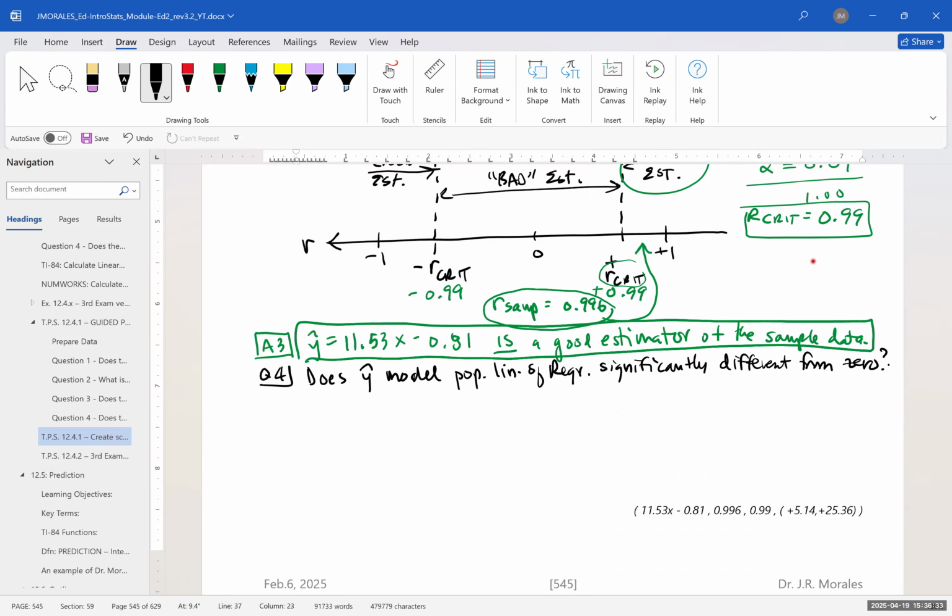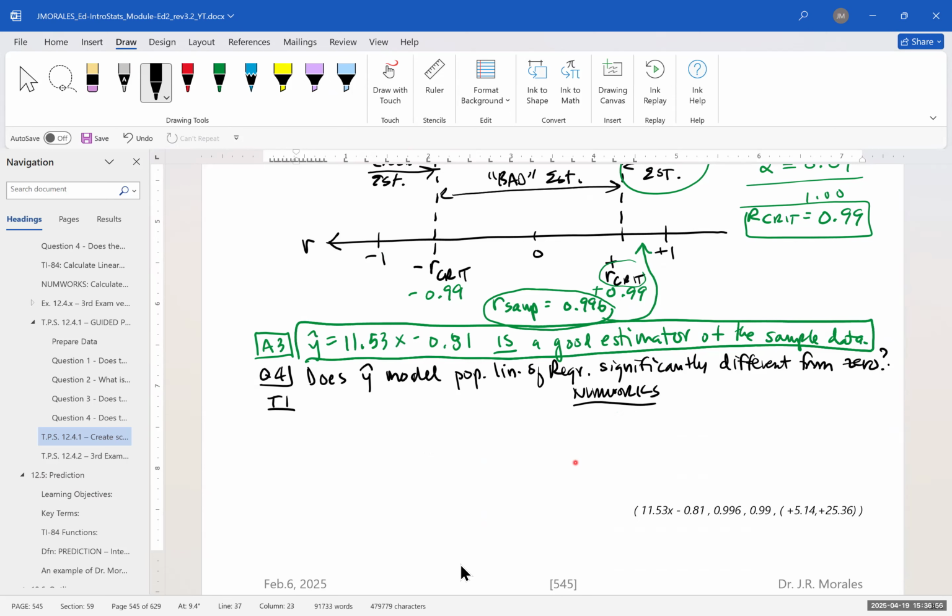So we're going to be creating a confidence interval around the slope of the line of regression, and we want to see if 0 is going to be included in that or not. All right, so we're going to be looking here at the Texas Instruments calculator,